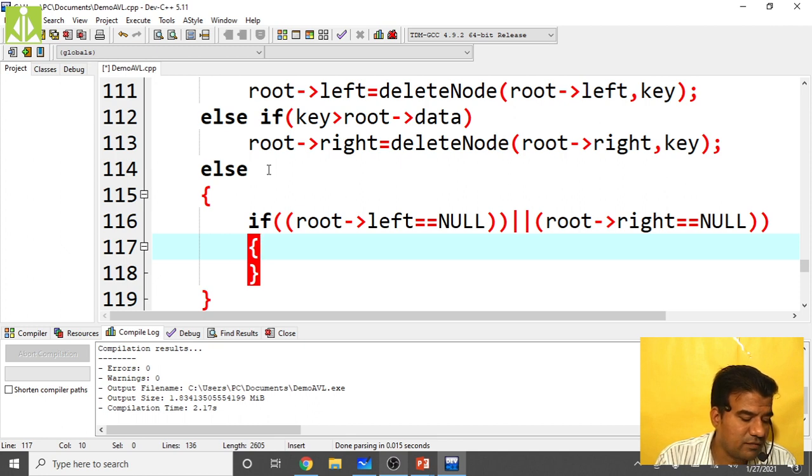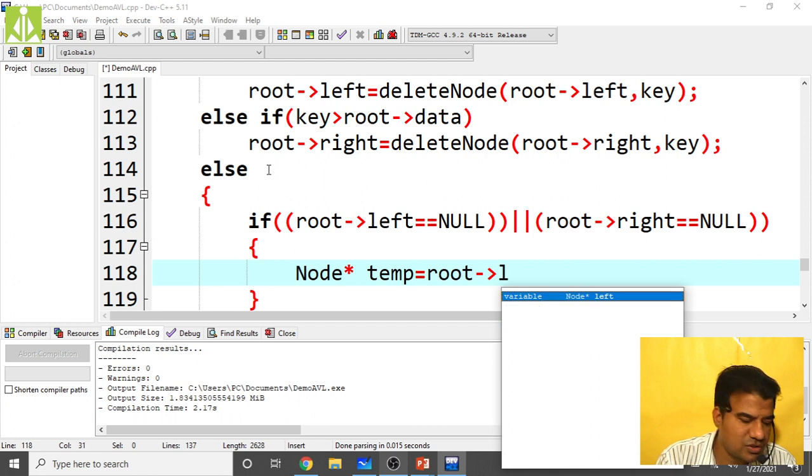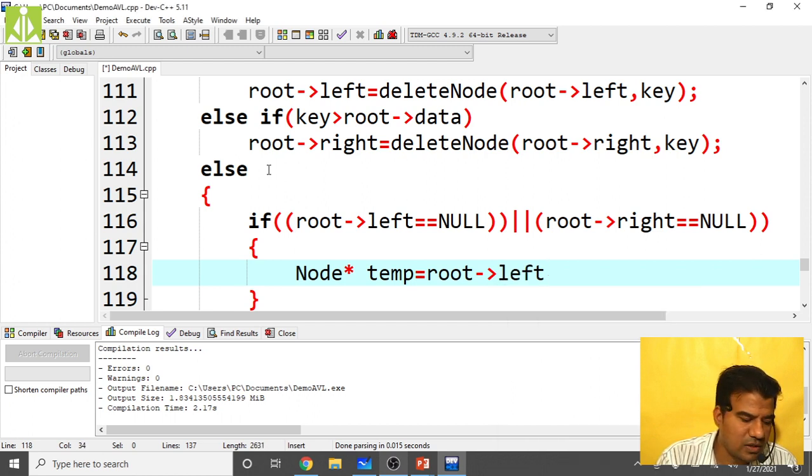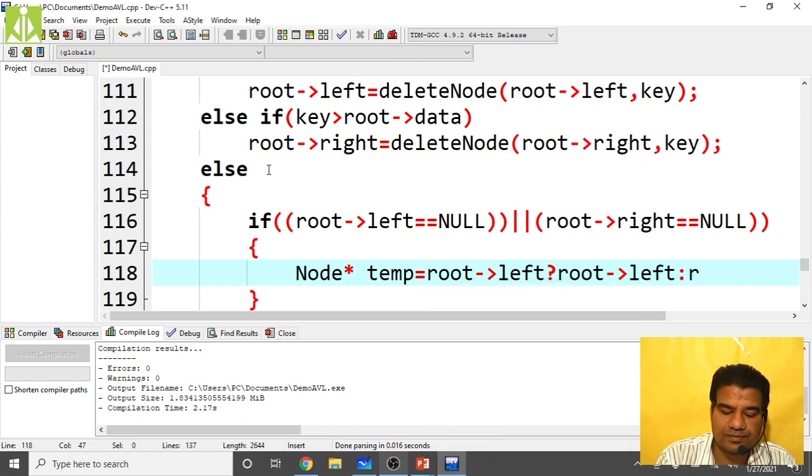if there is no child, then node star temp equals to root of left. We are using a conditional operator over here: if root of left is not null, then it will return root of left only, otherwise it will return root of right.